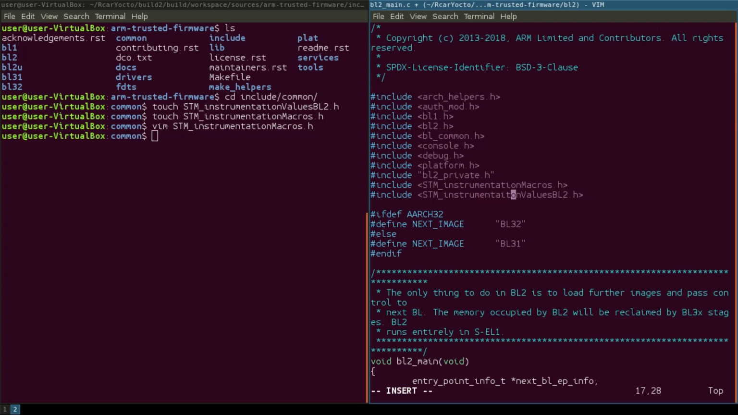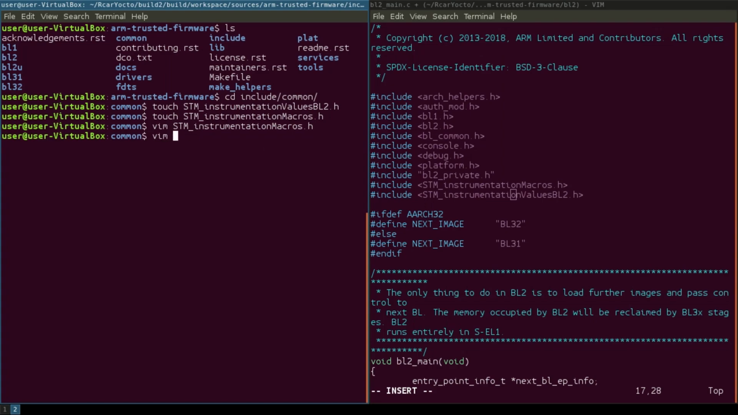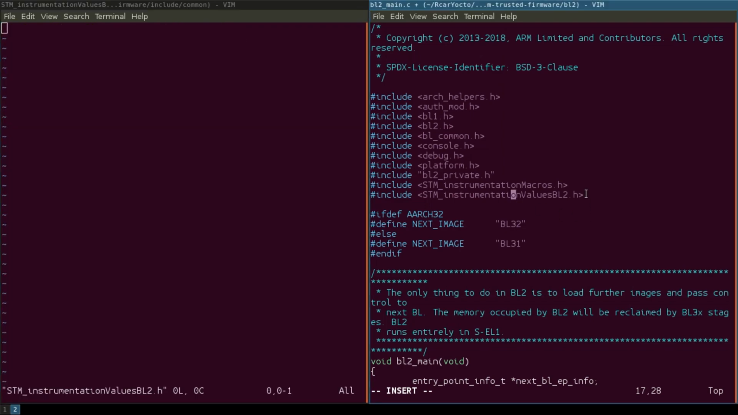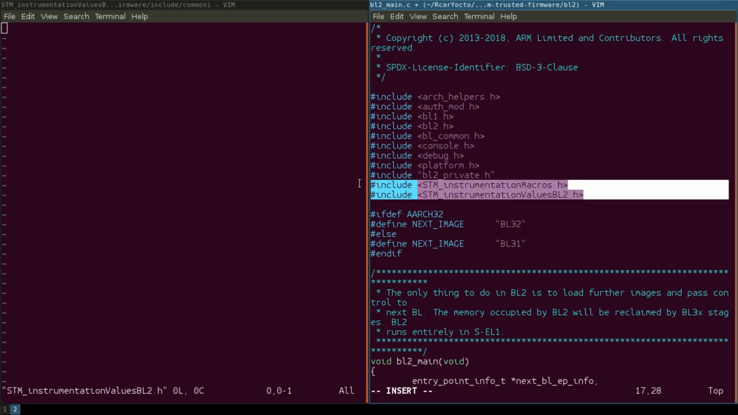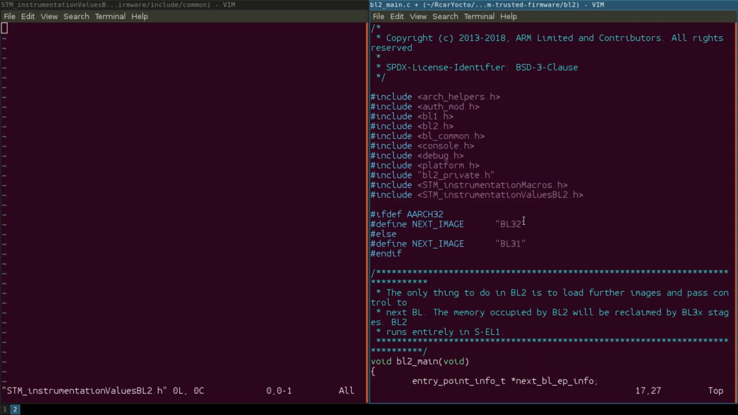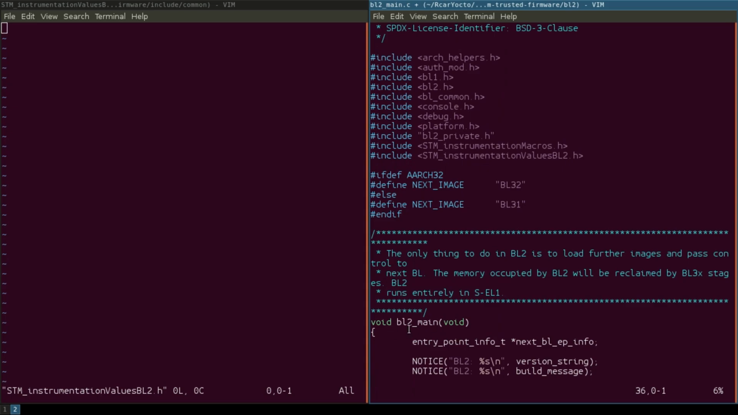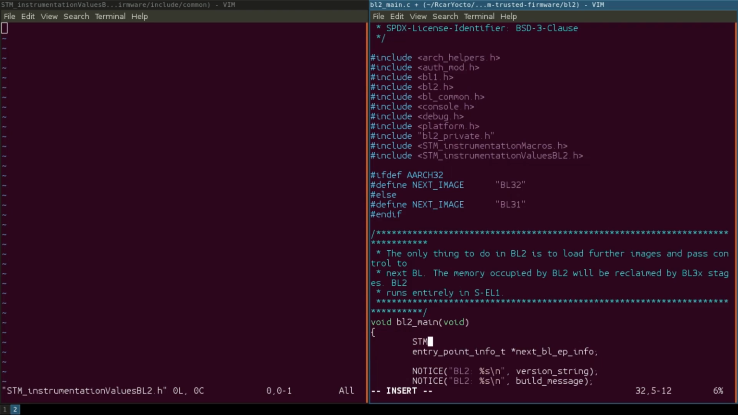I will open the instrumentation values file in the other terminal so that we can enter new values here when we instrument a function. So, as already mentioned, we need to instrument the function entry and the function exit. This bl2 main.c file only contains one function, and we will start by instrumenting the function entry. This is relatively simple. We just add the macro that we wrote earlier to the beginning of the function. So that would be STM trace bl2 entry, and we can write something descriptive for the value, like STM BL2